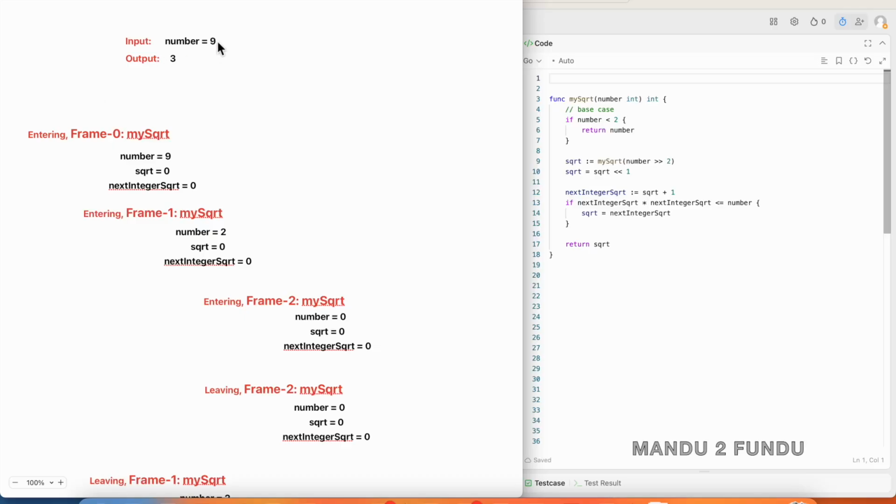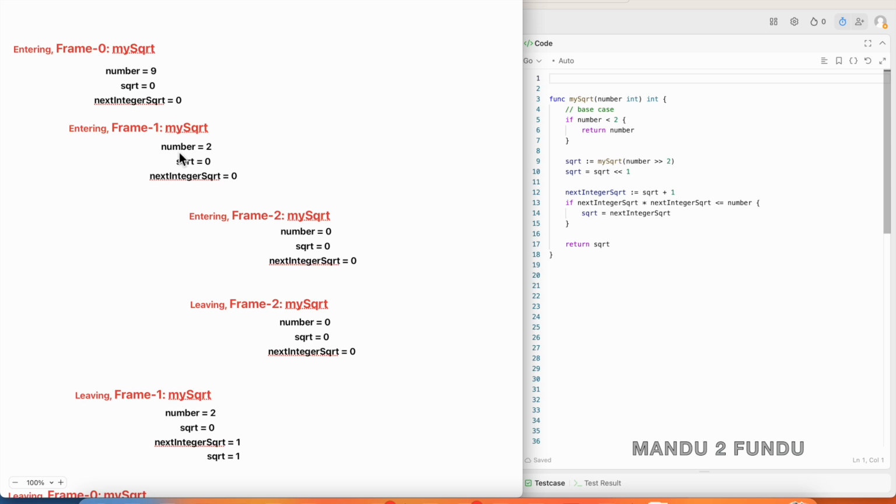The input number given is 9 and the square root of that 9 is 3. Okay, so first we check whether the input number is less than 2. So in this case number is 9. So we go ahead and make a recursive call after right shifting the number 9 twice. Okay, so then the frame 1 is created. Here the value of the number is 2. After right shifting 9 twice, we have number 2, and the square root and the next integer square root is